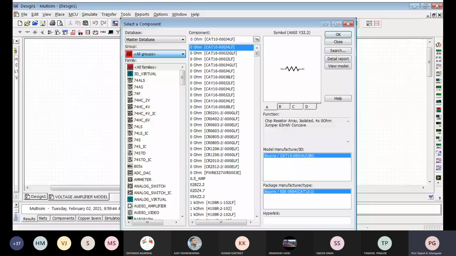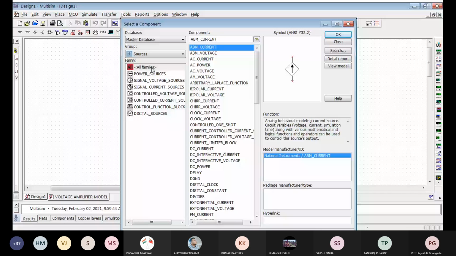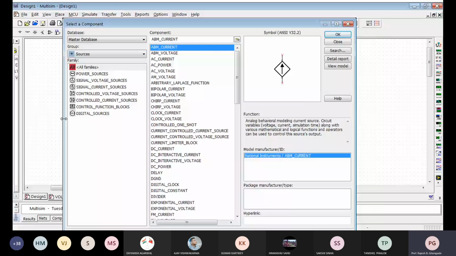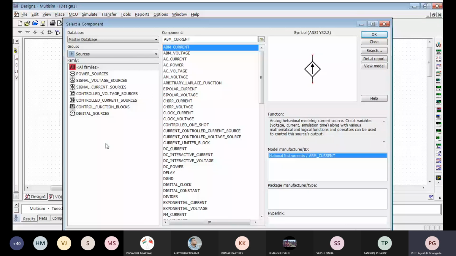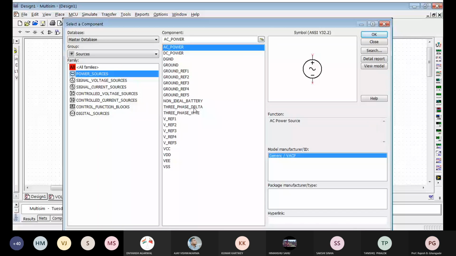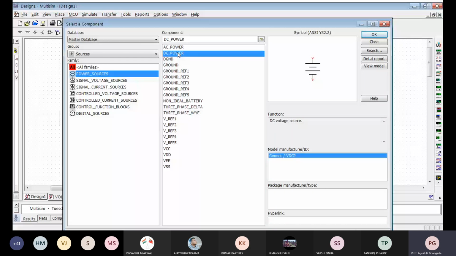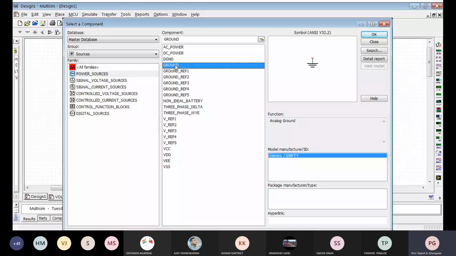Now please remember that there are various different types of sources, which unfortunately is not explicitly taught to you, but you have come to know of it during various different courses. For example, the power sources. Whenever we want to power a particular circuit, for example the DC power, this is going to be the battery, the supply. This is the DC voltage. This is where you get the DC voltage to power up your circuit. Then you have the ground. These two are mostly used by us.